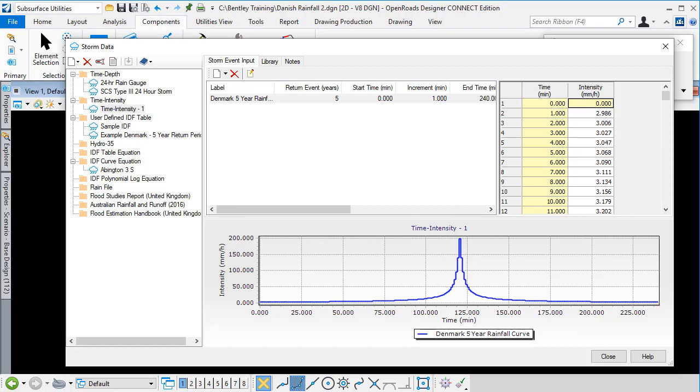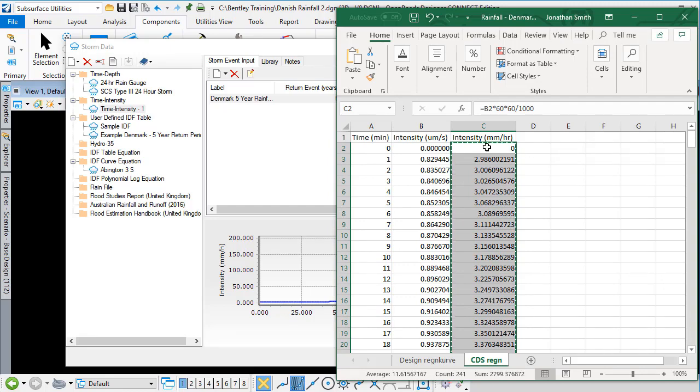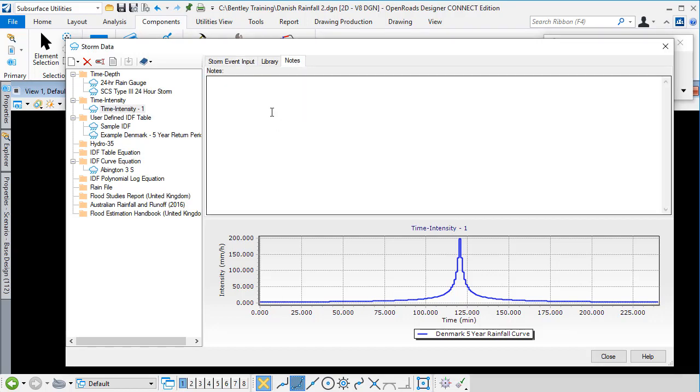Now note that when I copied the values from the spreadsheet, I included the cell with an intensity of 0, so that's why I clicked in that top cell there to paste the first intensity into the correct row. Now once again I have the Notes tab available, so I can paste in some pertinent details about the